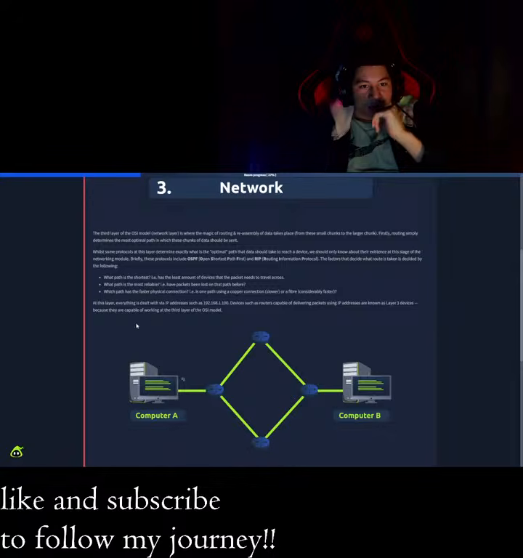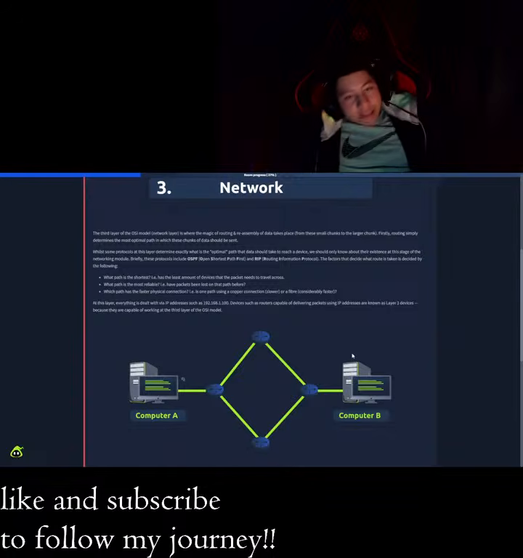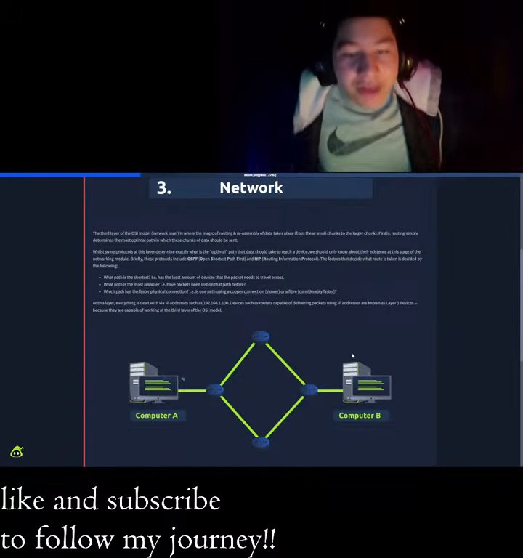Alright, so the third layer of the OSI model, which is the Open Systems Interconnection. Yep. Is where the magic of